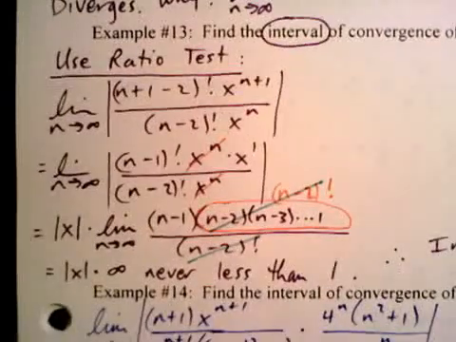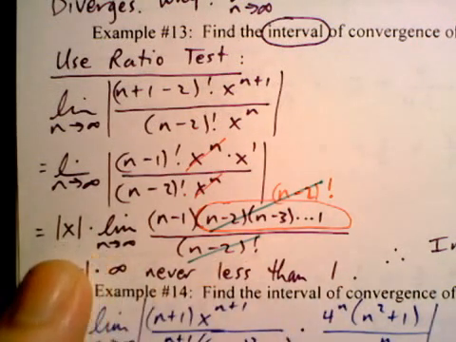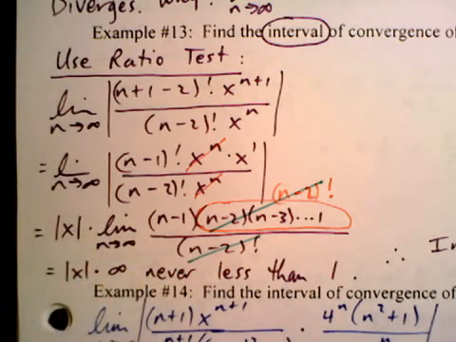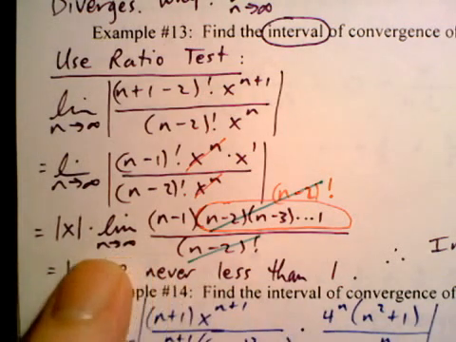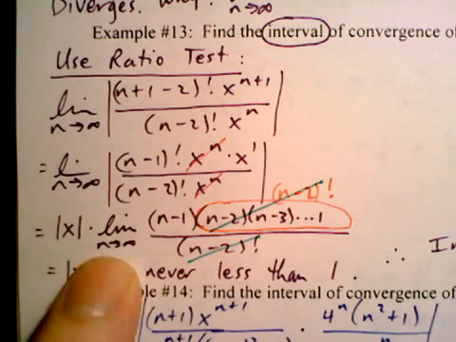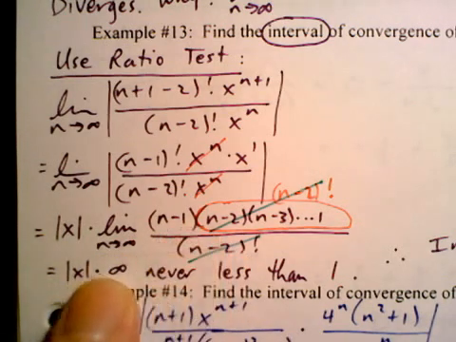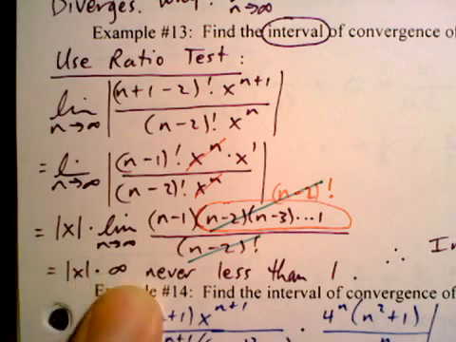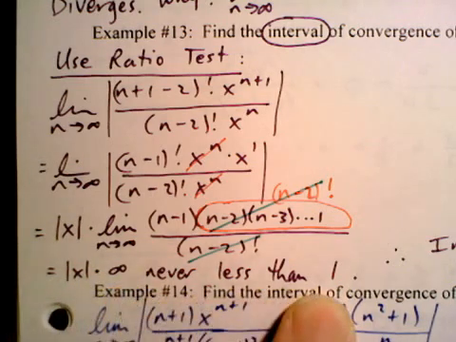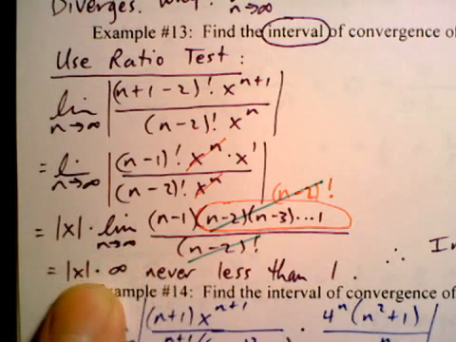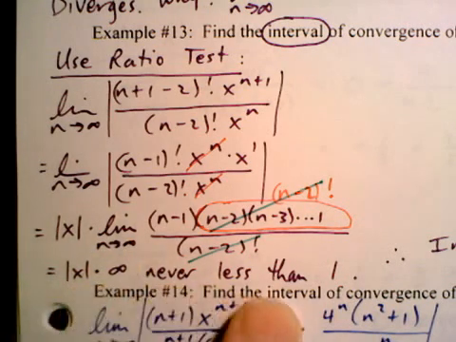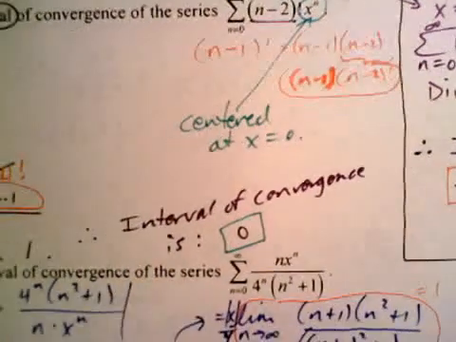Test, and when you use the ratio test, you get the absolute value of x times the limit as n approaches infinity. Well, this only has an n up here, so you get x times absolute value of x times infinity, and that's never less than 1. Okay, so sometimes you do actually get that. So you get something that's never less than 1. Therefore, you say the interval of convergence is